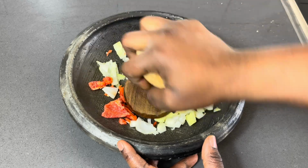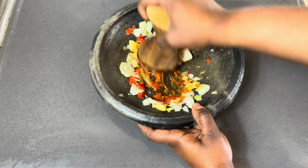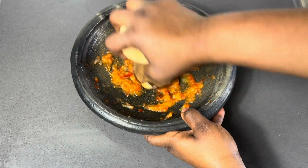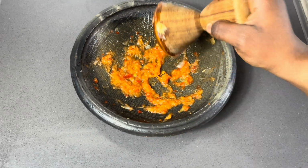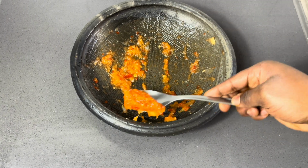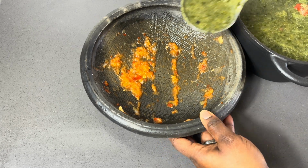I love to serve my Tuozaafi with a bit of ground pepper. Some heat is always good. So I just ground it, and this is for the adults. We always want some extra heat on the side. Why not? And once I'm done, I'm just going to divide it into two and then go in with my